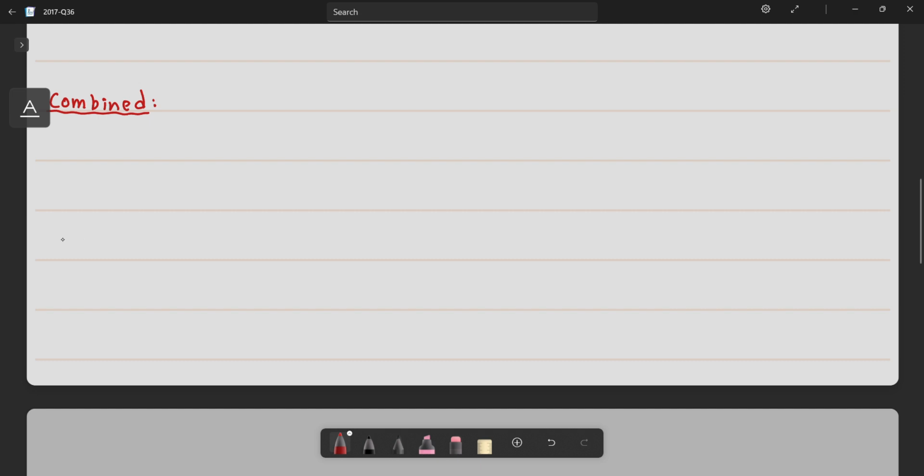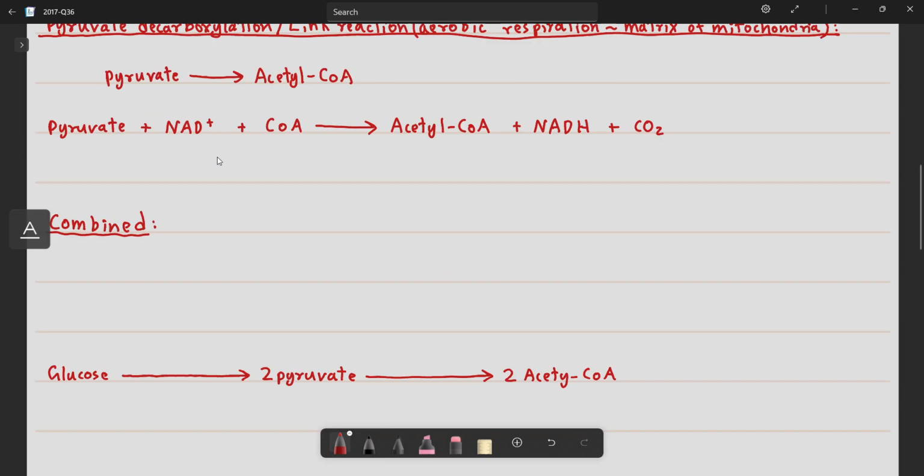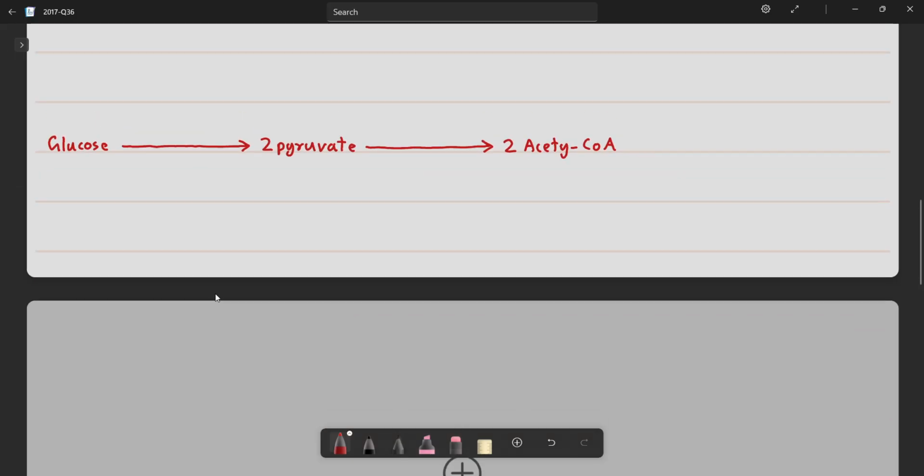Okay, so this is now glucose. Glucose gives 2 pyruvate. Okay, 2 pyruvate, and 2 pyruvate gives 2 acetyl CoA. Okay, so now these two things are connected together, and now the products of this reaction, as I've mentioned,